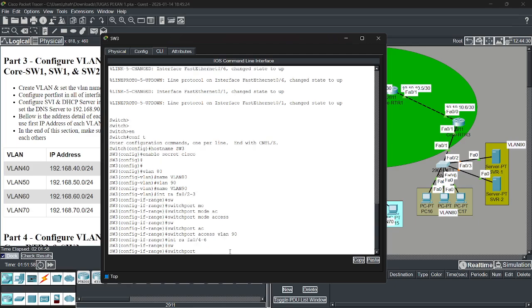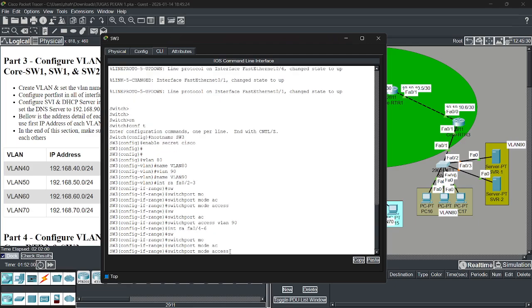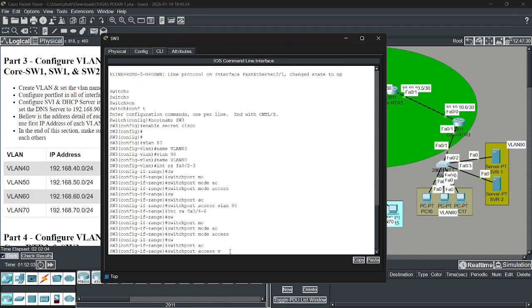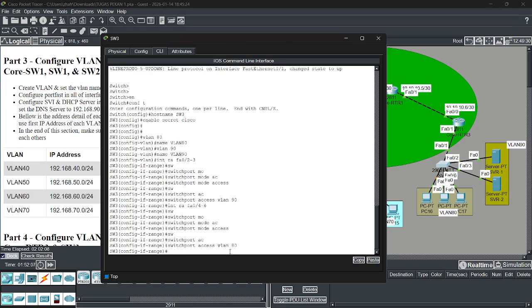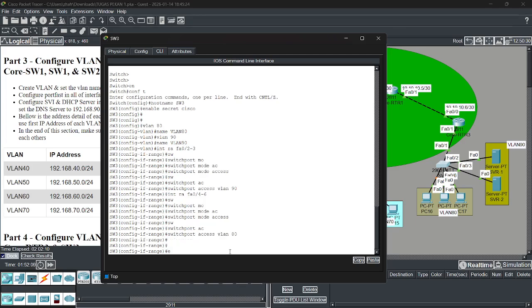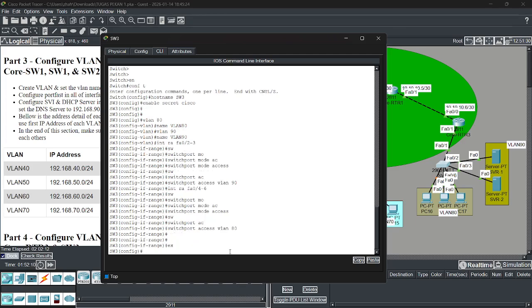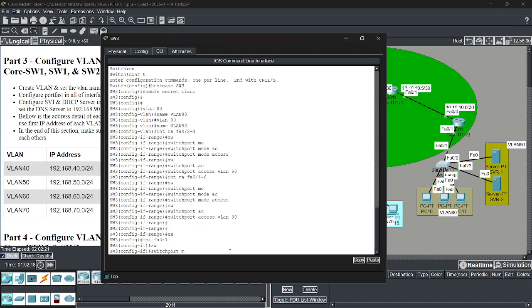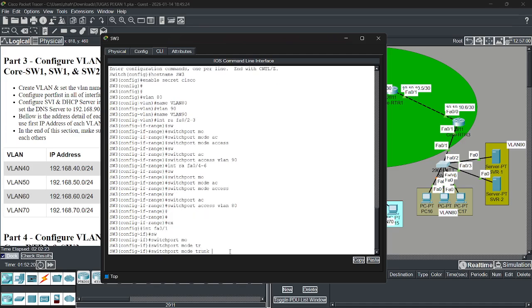Switchport mode access, switchport access VLAN 80. Okay, and don't forget interface FA0/1 is switchport mode trunk.